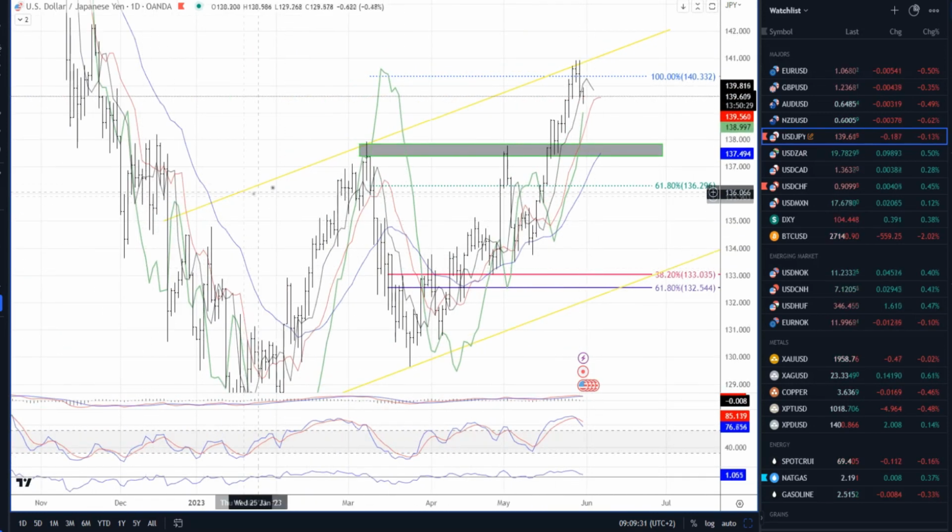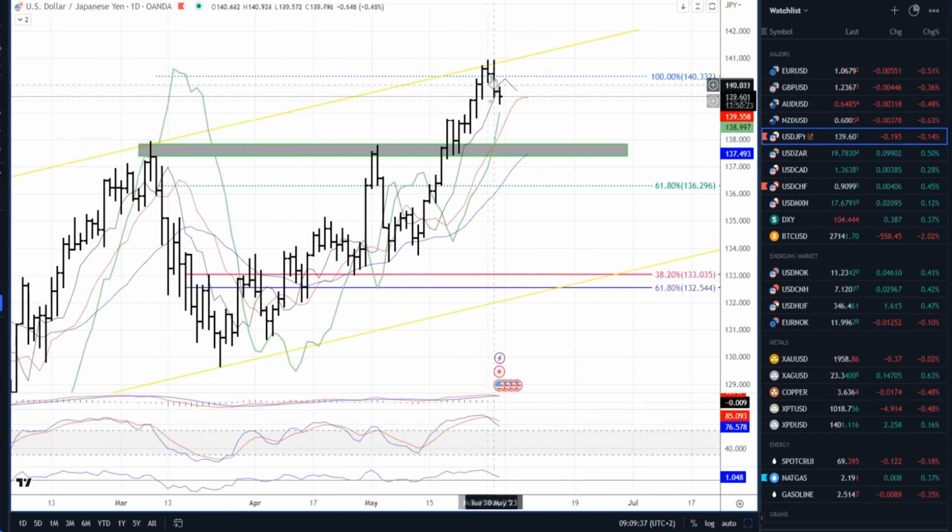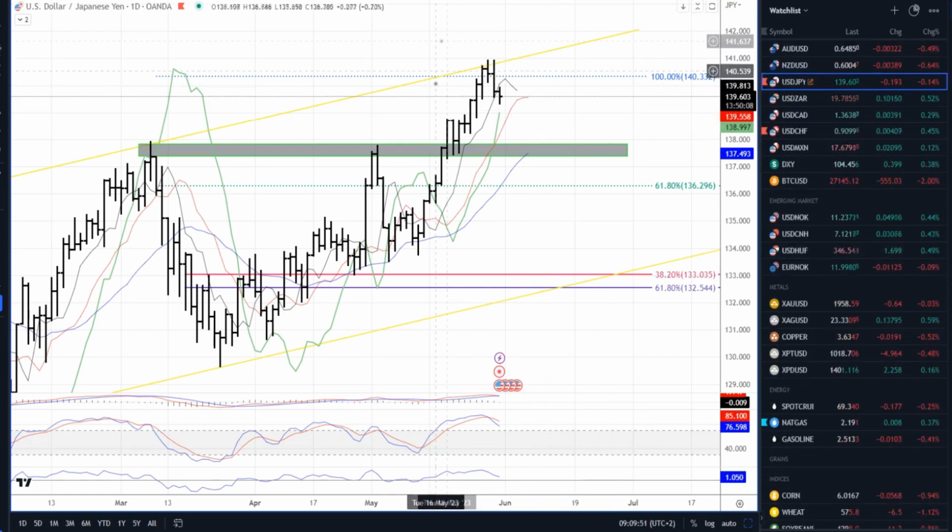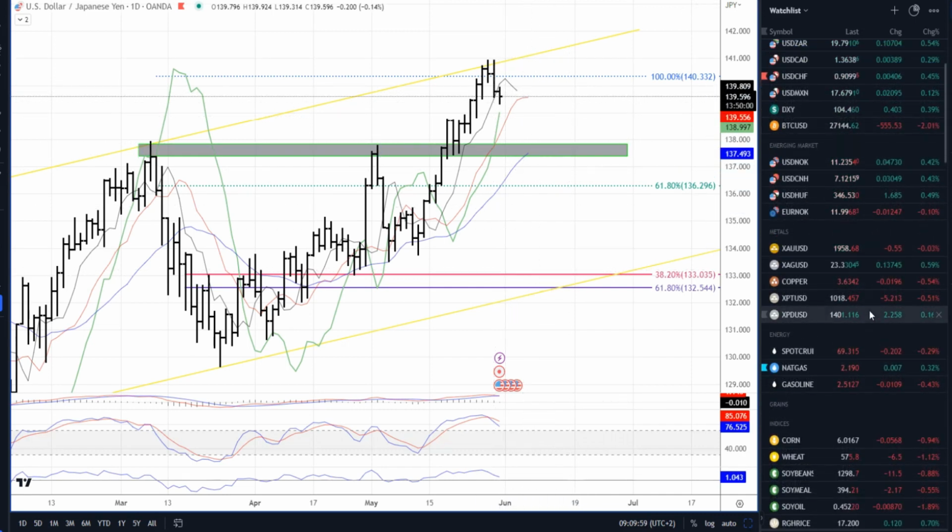Also, there is a projected upper trend line, which is exactly where it found the resistance and where this reversal actually happened. So very nice potential for further downside movement on the USD Japanese yen. I will say as long as the market can trade below and hold below the 141 mark, there is a chance for lower prices on the USD Japanese yen.